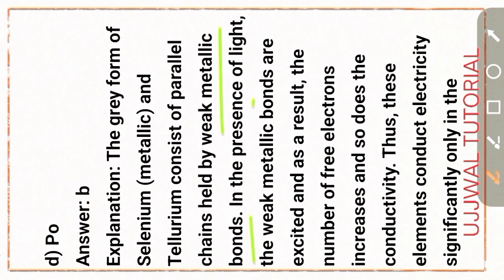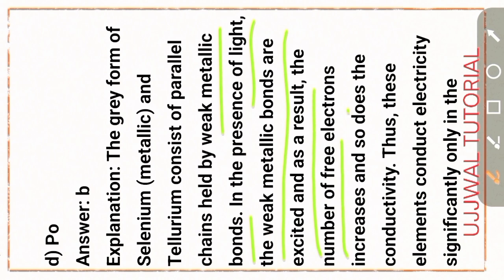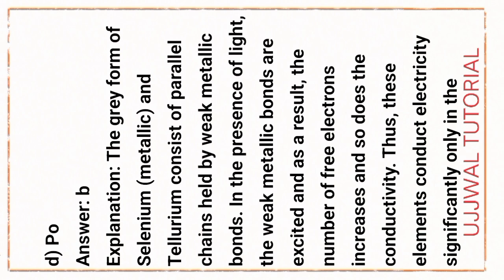In the presence of light, the weak metallic bonds break, and as a result the number of free electrons increases, and so does the conductivity. Thus this element conducts electricity,